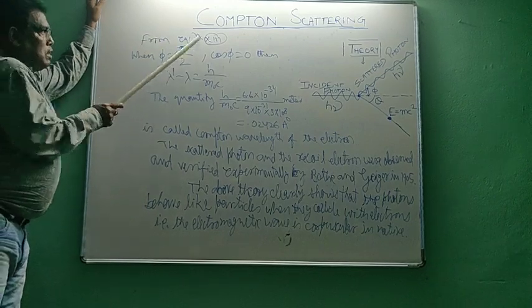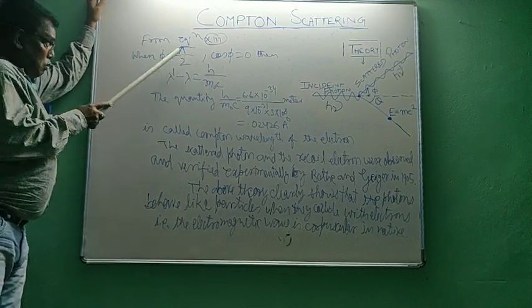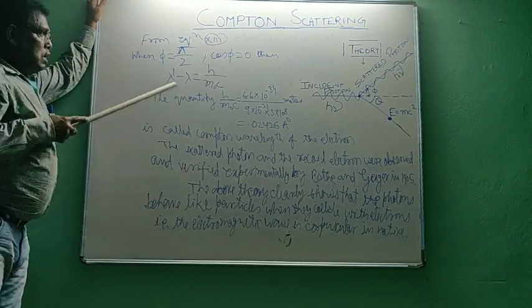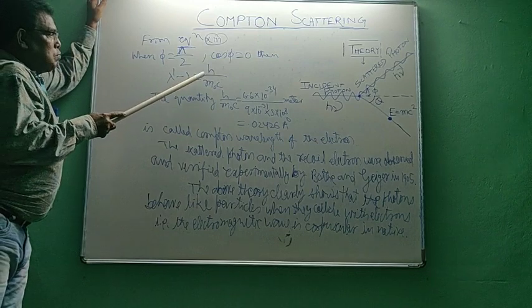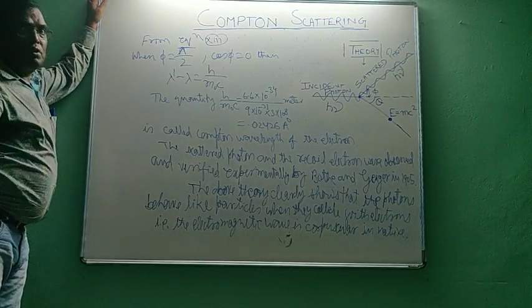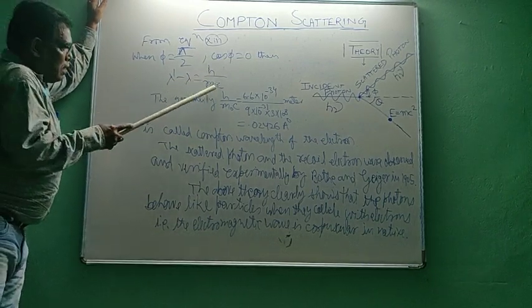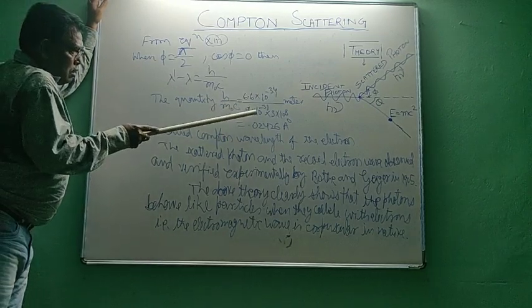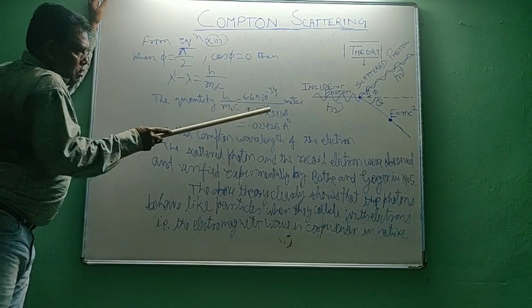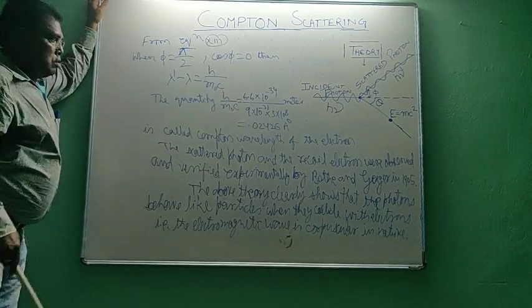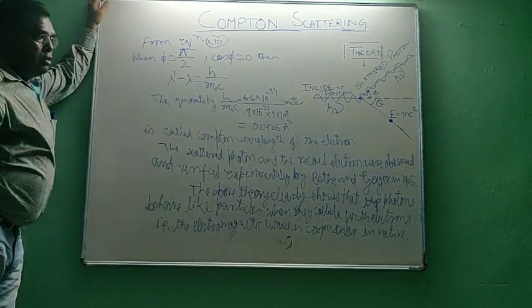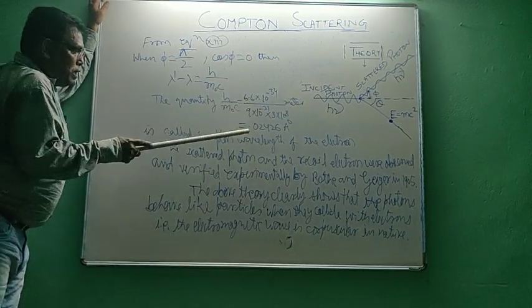From equation 13, put phi equal to pi by 2, then cos phi equals 0. Then lambda dash minus lambda becomes h by m naught c. For this quantity h by m naught c, put the value of h here, m naught is this one, c is this one. Since it is wavelength, its unit will be meter. If you calculate it, you will get